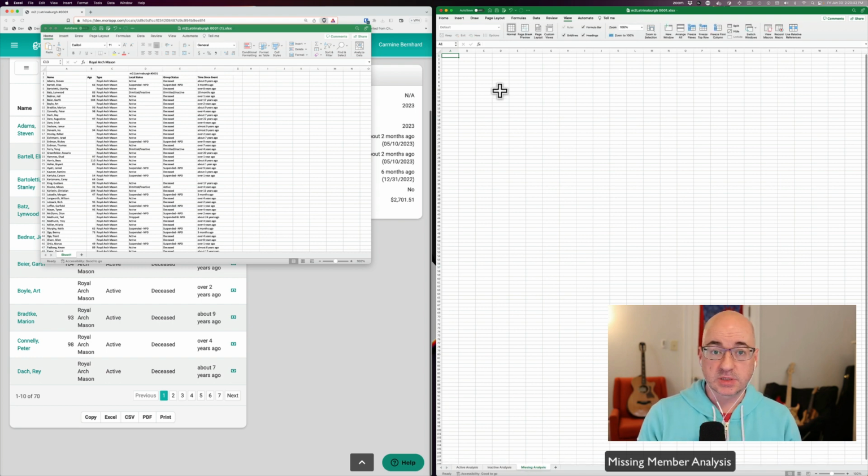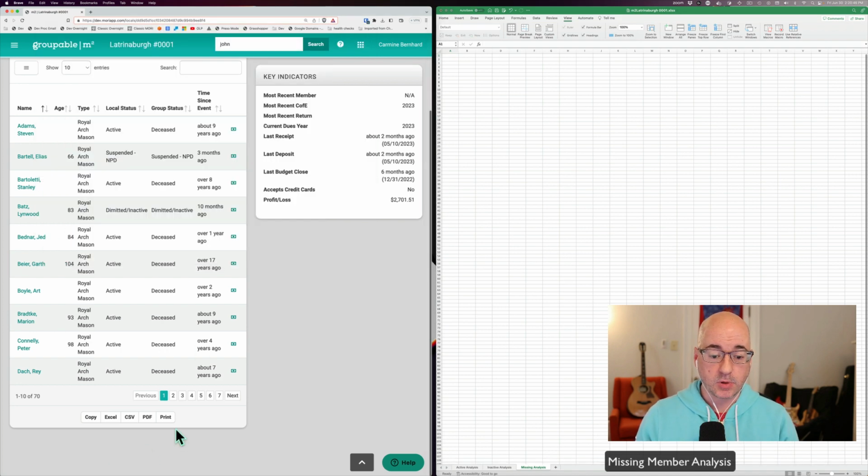And just because I'm doing this in Excel, you don't have to use Excel. Over here in the app, you could just print these out on paper and just make the notes on the paper. So the missing analysis is, who are we missing? And after going through my source of truth, my roster information, I've got a guy named Jonathan Casper that affiliated with our local some time ago, but he's not in here.